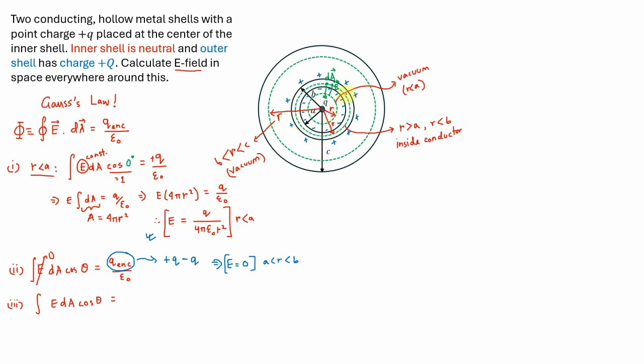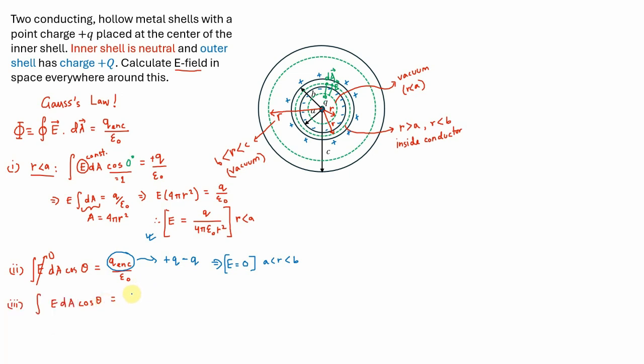enclosed would be. It's the total charge inside my newly defined Gaussian surface with radius greater than B but less than C, right? So what is the total charge? Pause the video and think about it. All right. Now let me write it down. Let me give you the answer and try to see if your answer or your thought process